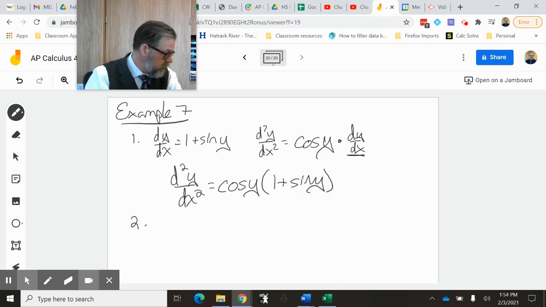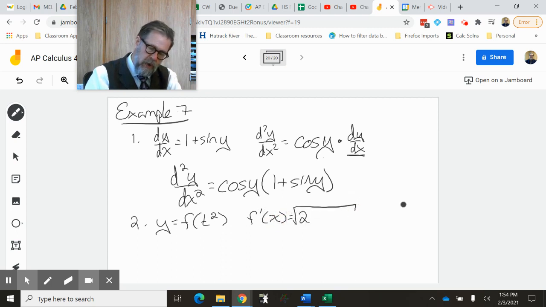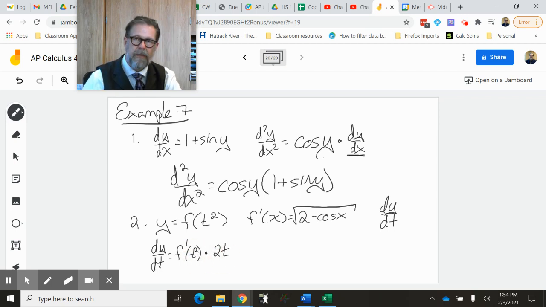Another quick example, y equals f of t squared, but f prime of x equals square root of 2 minus cosine of x, and we want to find the derivative of y with respect to t. So going back here, the derivative of y with respect to t is f prime of t squared times the derivative of t squared. Chain rule,